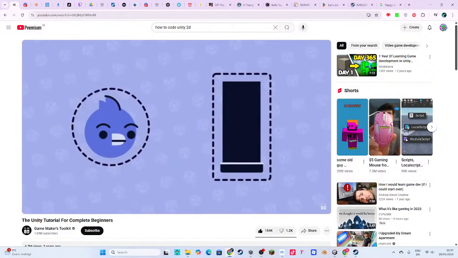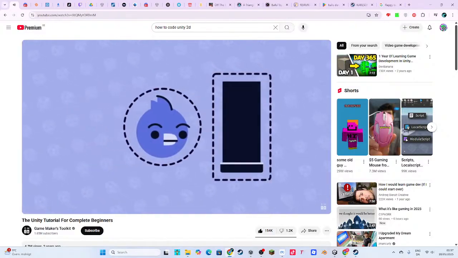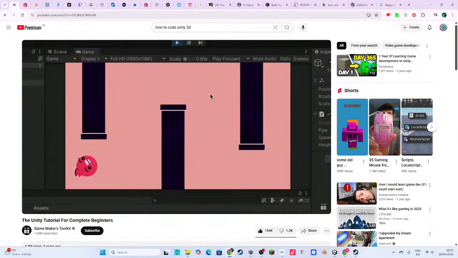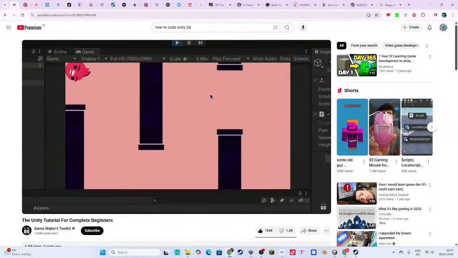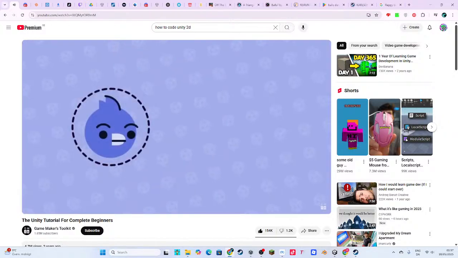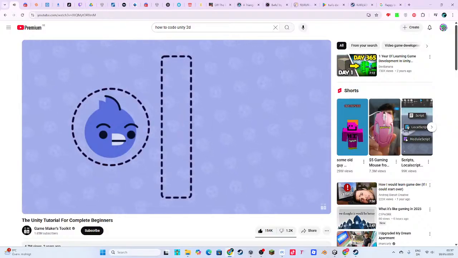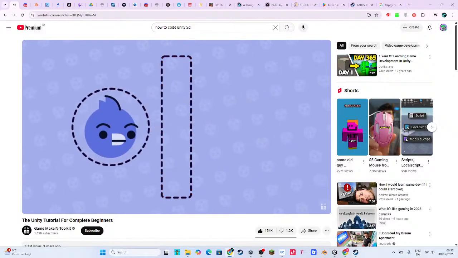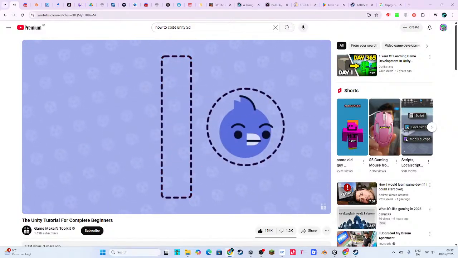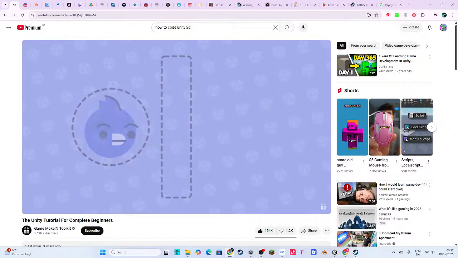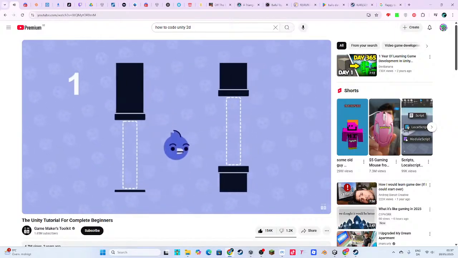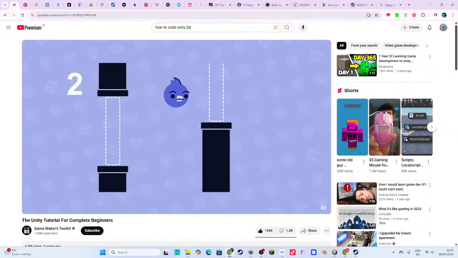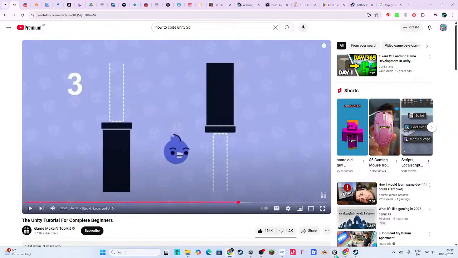Now, if two objects have colliders, they will bash into each other. In fact, in our game, the bird will already crash into the pipes because we've added colliders to both. However, you can also have invisible colliders, called triggers. They don't create an actual collision, but they do let you know that two objects have touched, and you can run code at that moment. So we're going to put a trigger in between the pipes, so we know that the bird has passed through them, and then at that moment, we'll run add score.